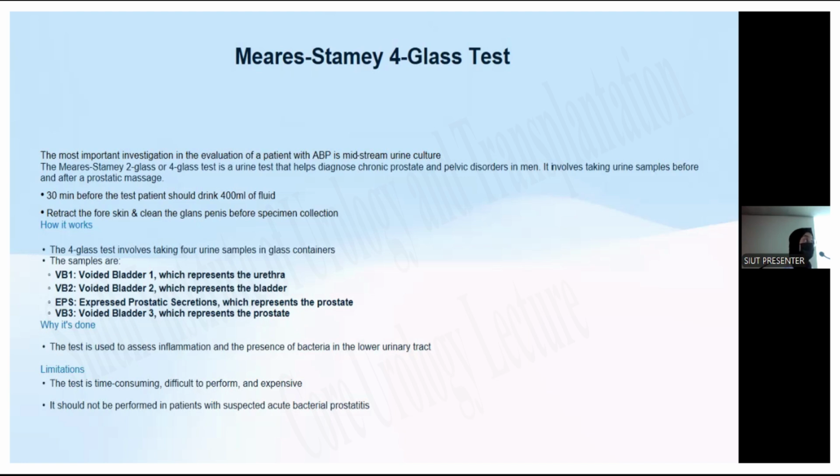And whenever there is acute prostatitis, don't put your finger into the rectum, because this is a no-go area during acute inflammation. So doing a 4-glass test in acute prostatitis just to know what kind of infection the person has, I think in this day and age things are moving further. Rather than going towards meticulous collection of samples, it's better to categorize the patient into acute and chronic and then move on. Now, acute prostatitis can happen on top of chronic prostatitis.